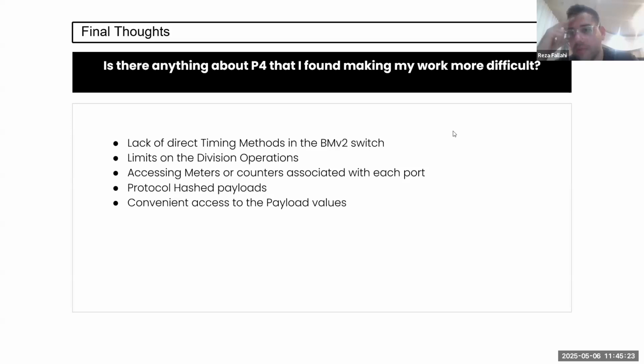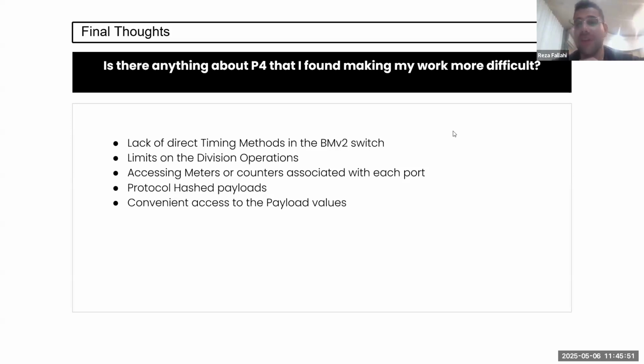The other one is that division operations, of course, would be game changing. I didn't really get the reason that there's no division operation. I read some kind of reasons for that, that it's not needed. Of course, we do have some kind of shifting, but for most cases, having complex mathematical equations, we need that kind of division.